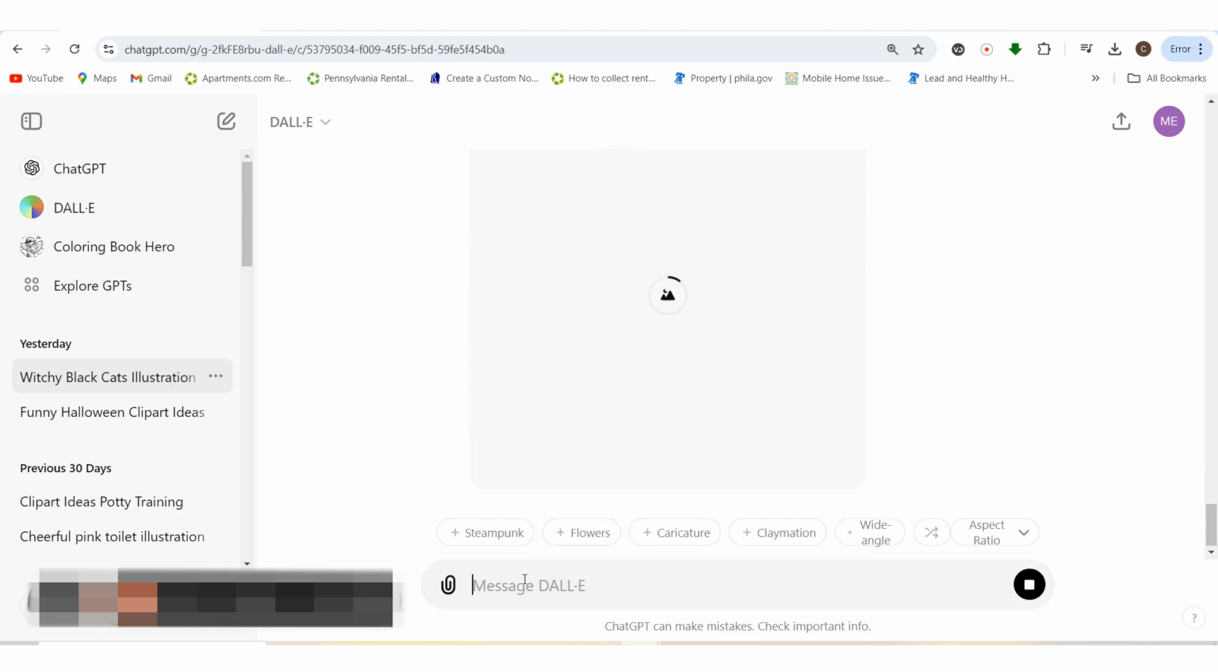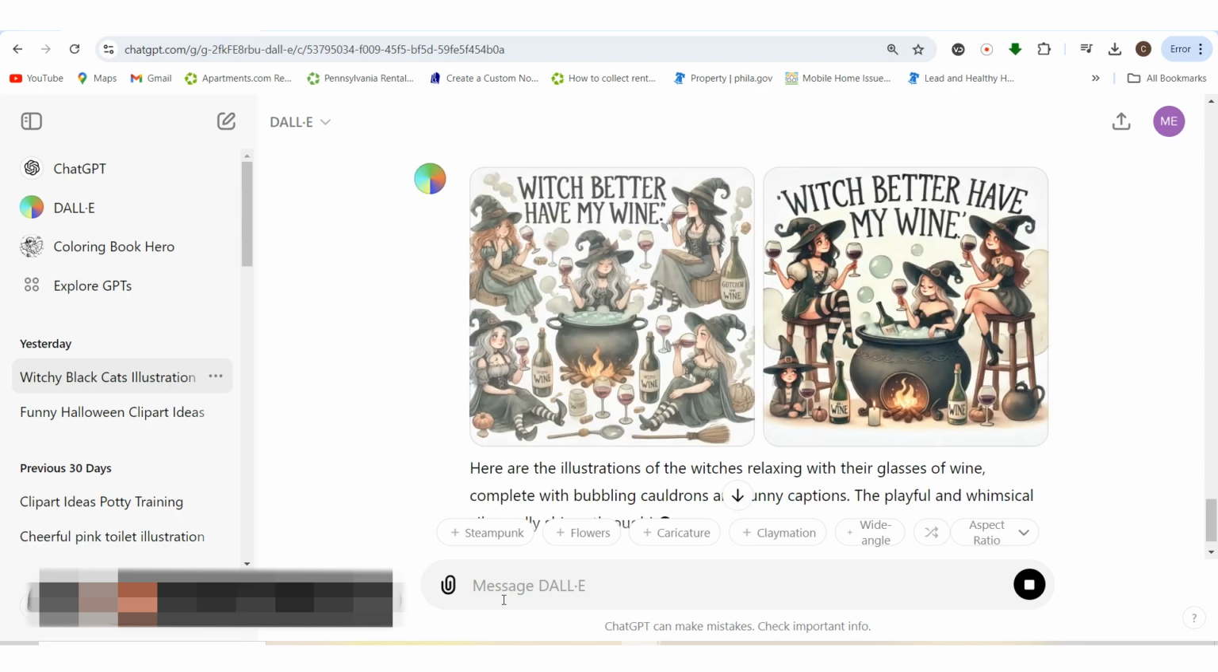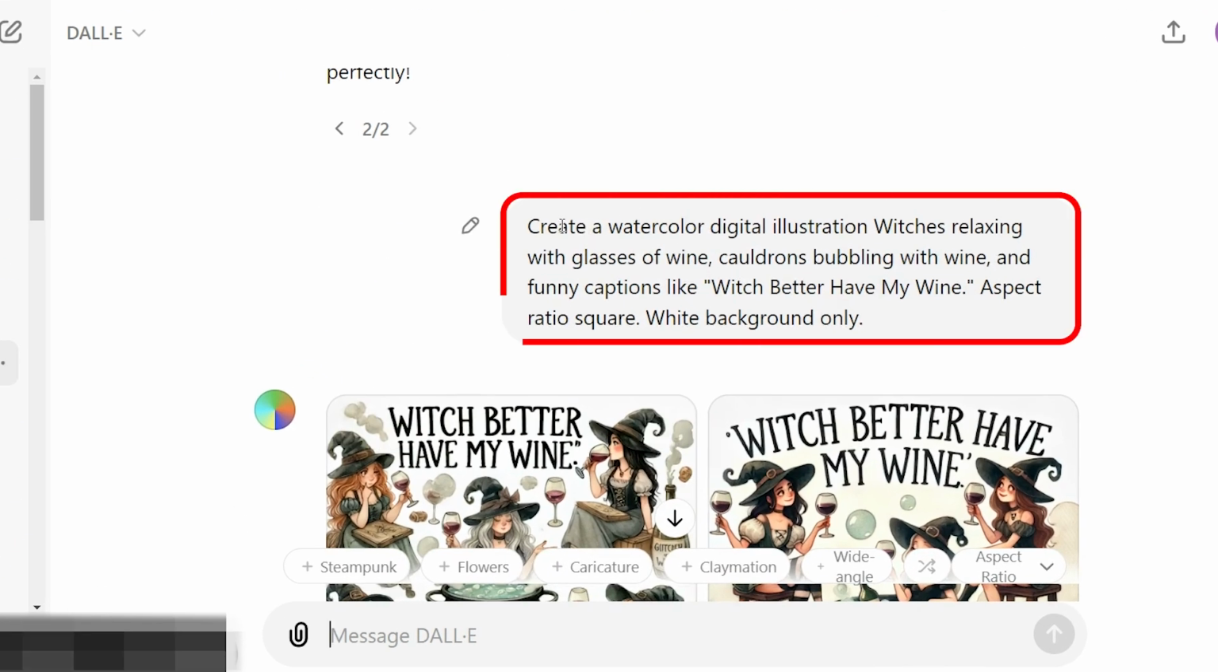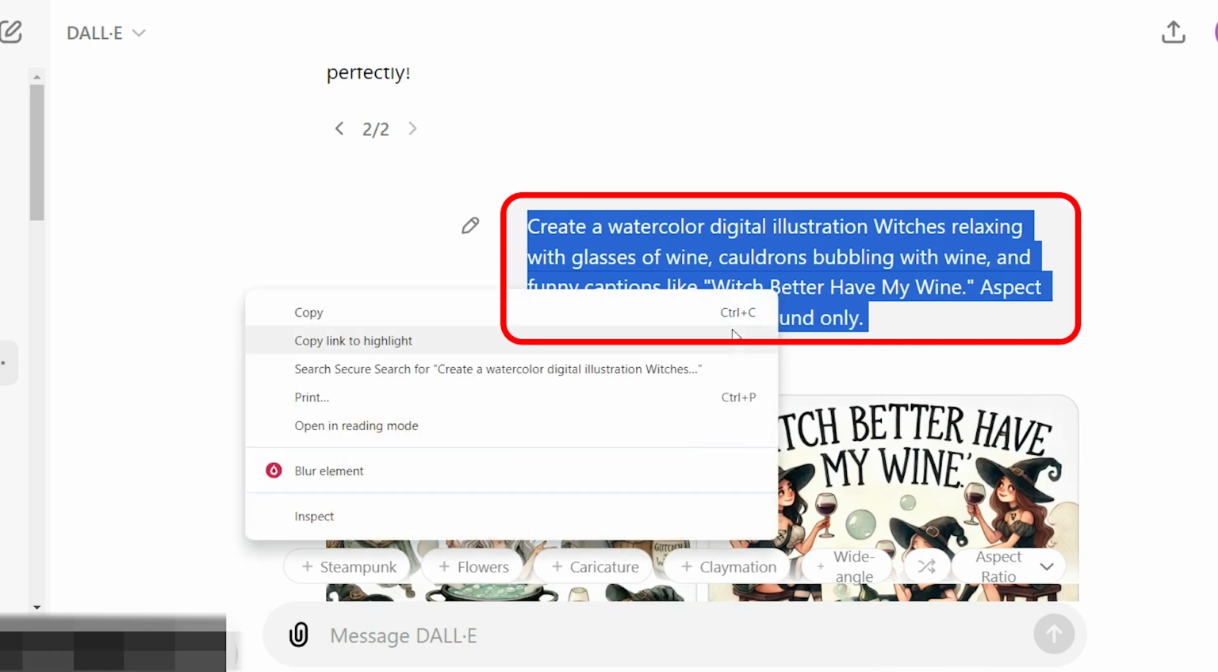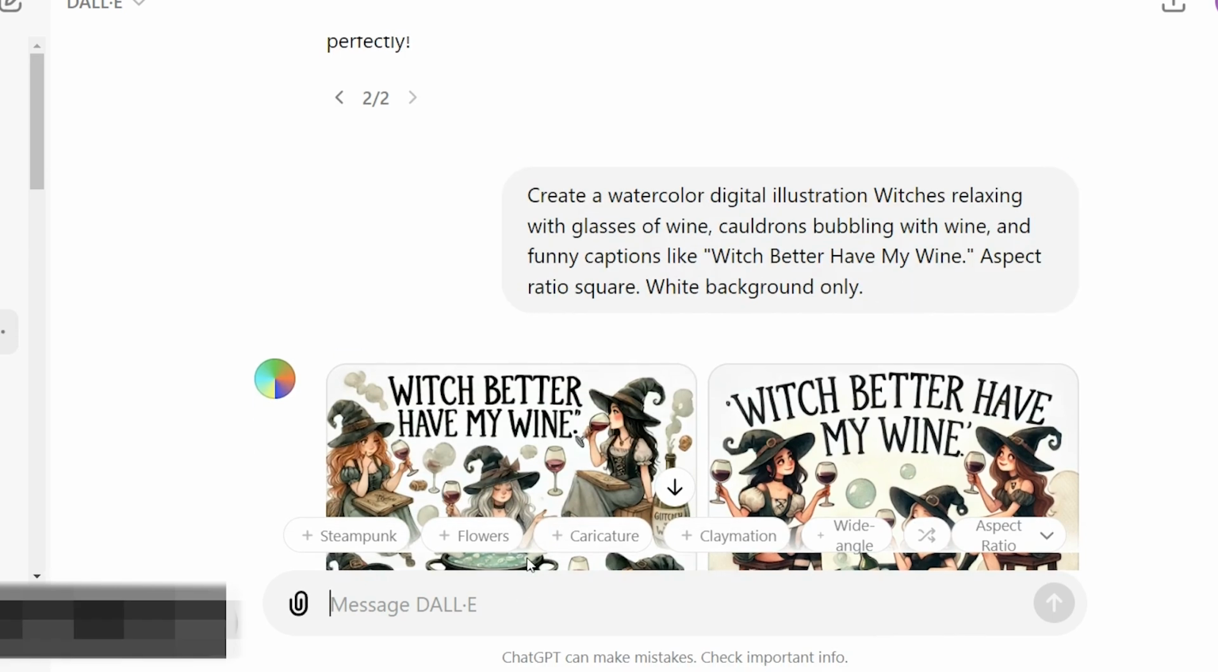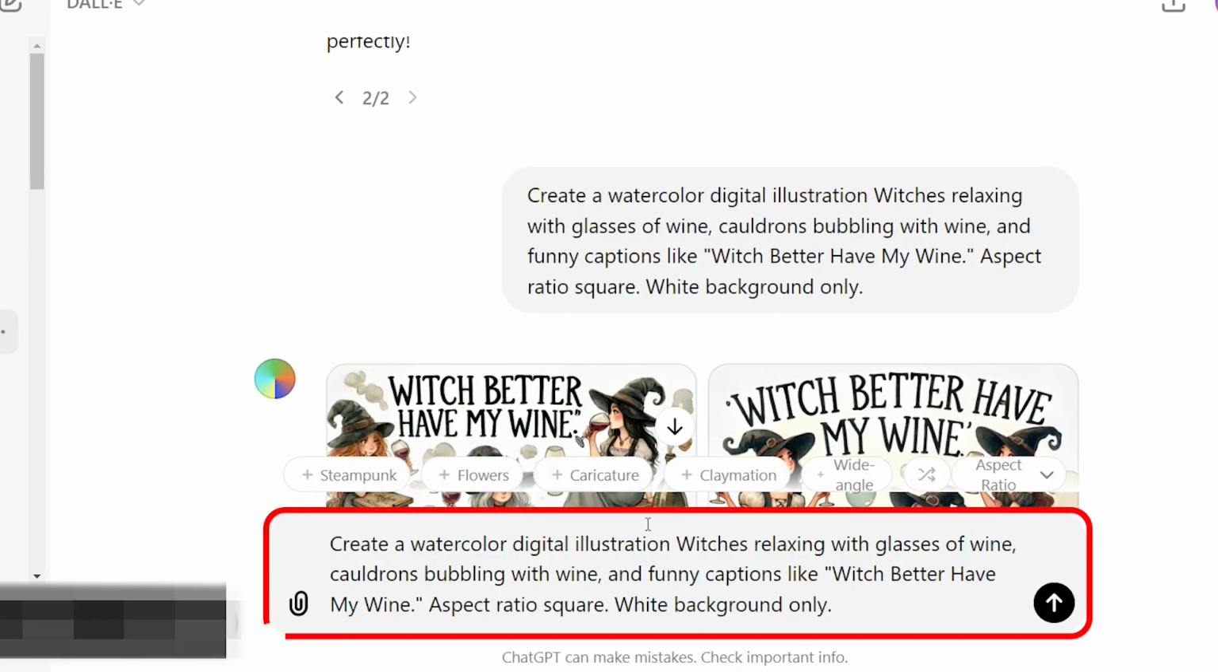All right. Come on. Give us something good. Let's see what we got going on. Let's see what the witchy wine is going to give us. Come on. Okay. Which better have my wine. Okay. I'm feeling it. So we're going to go ahead and give it a little color, right? We're going to give it some color, but I do like what I see of,